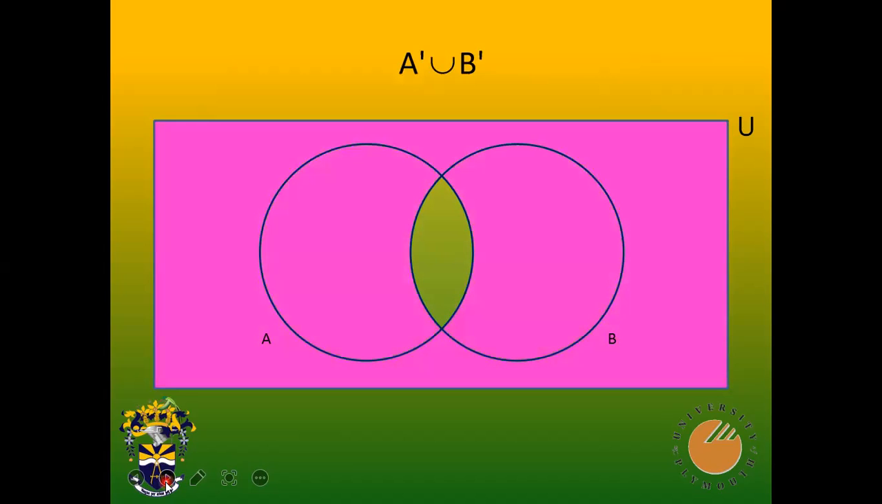So what will A complement union B complement be? The pink color. Then A complement will be denoted, or B complement will be denoted, and A complement intersection B complement also deleted. That means the pink color is